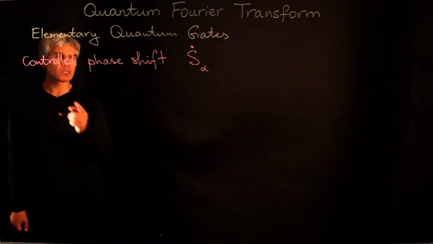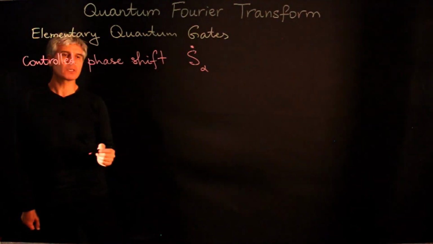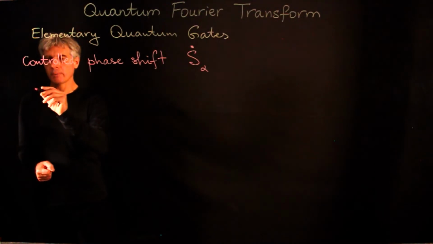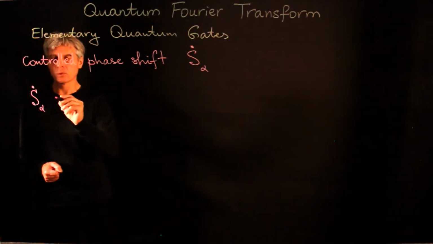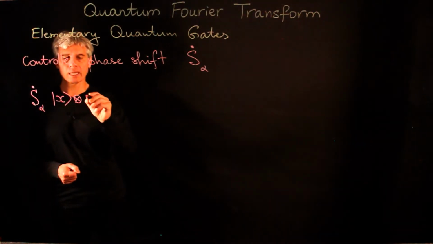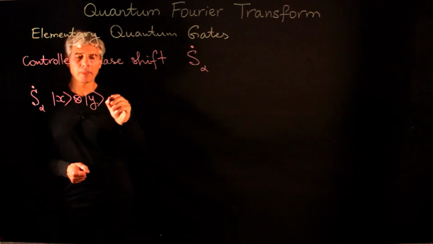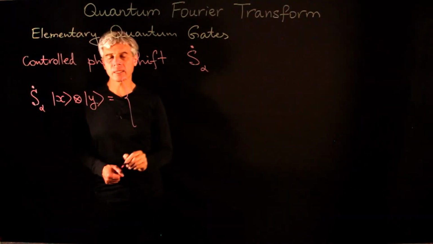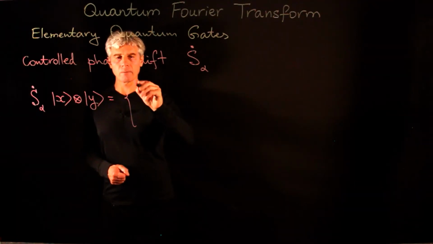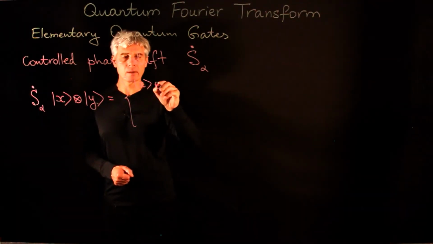And so this controlled phase shift works in the following way. When we apply S dot alpha to a tensor product of 2 qubits, X tensor Y, the result is going to be X tensor Y